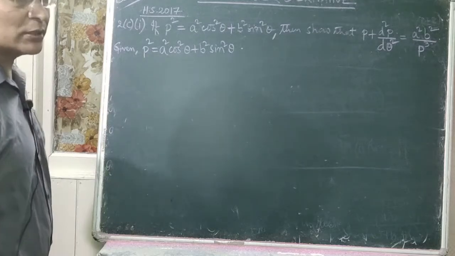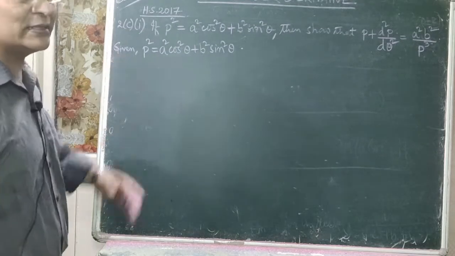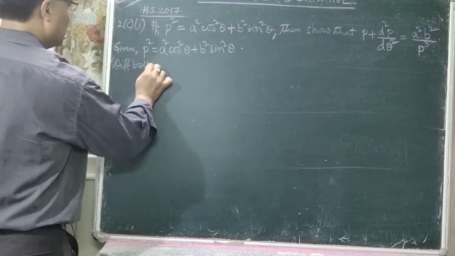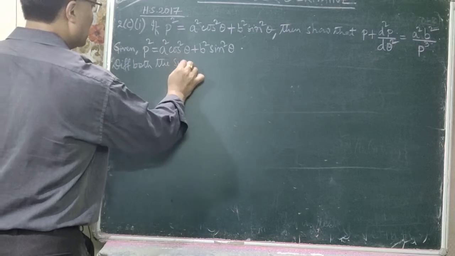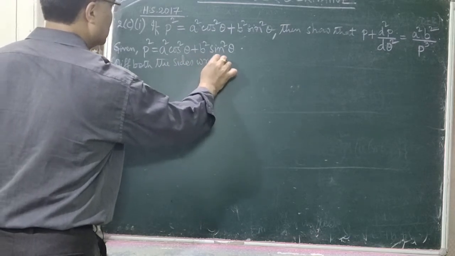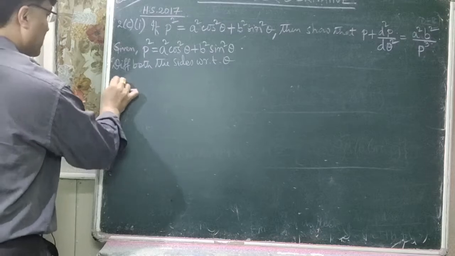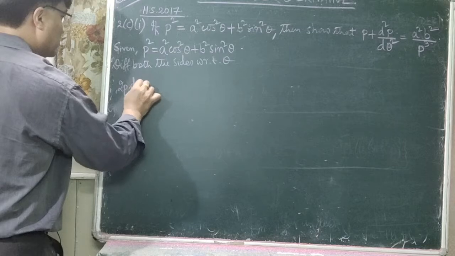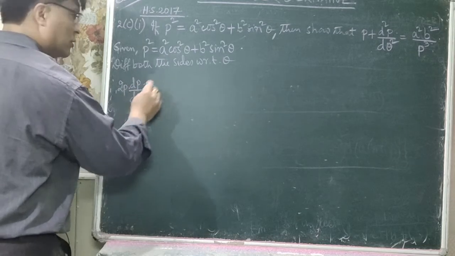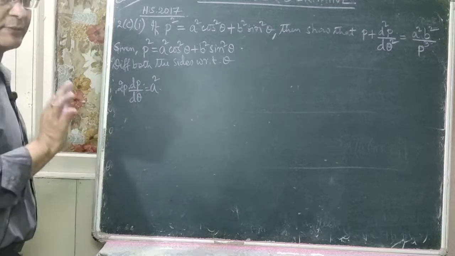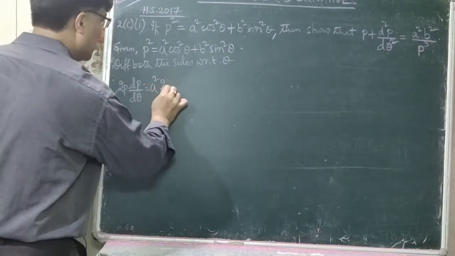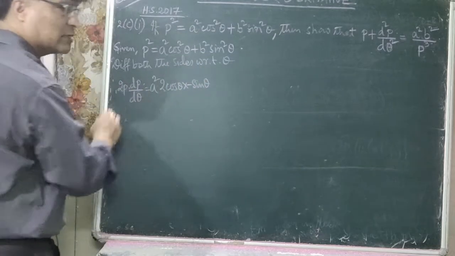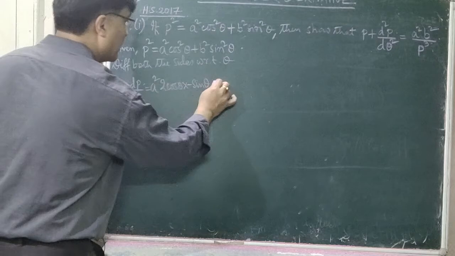So let us differentiate both the sides with respect to theta in order to get dp by d theta first. So differentiating both the sides with respect to theta. So what is the differentiation of p square with respect to theta? It is 2p into dp by d theta is equal to a square is constant, it is kept as it is. What is the differentiation of cos square theta? It is 2 cos theta into, and differentiation of cos theta is minus sin theta with respect to theta, plus